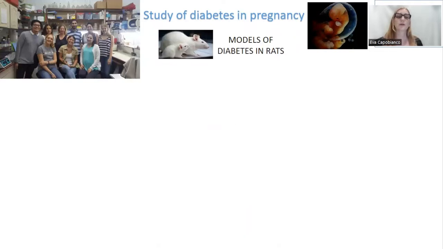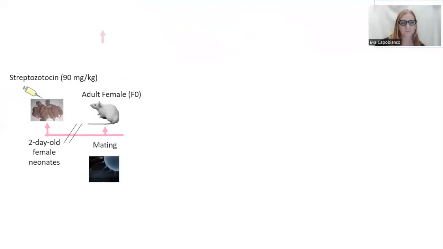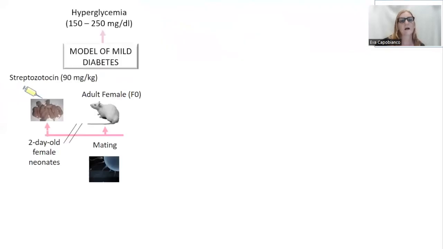In our laboratory, we have studied diabetes in pregnancy in several models of diabetes in rats, but we also have studies in patients from the hospital. The results that I am going to present today